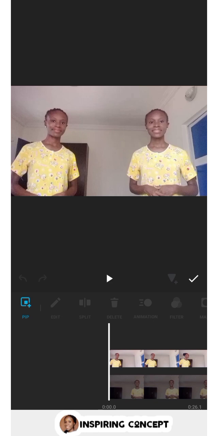So that is how you can edit your own cloning video from your end. You pick a video from the video section. Thereafter, you go to PIP to pick the second video you acted so that you can merge the videos together. You cannot merge the same video from the same video section. You can try from your end if you can merge two PIP videos together, but you need to first pick a video before you insert the PIP. So that is how it works, because the first thing they will require is the video